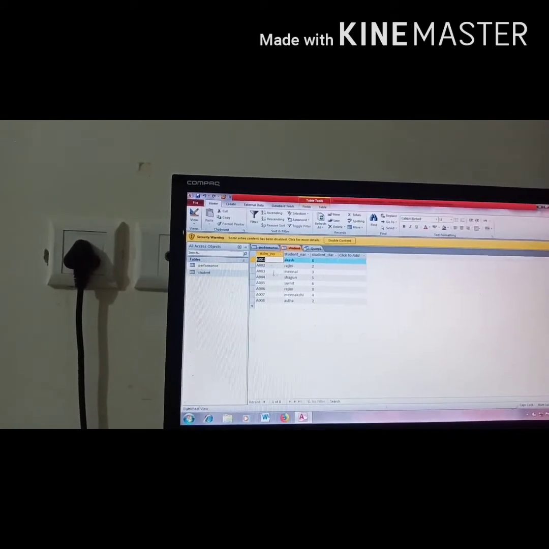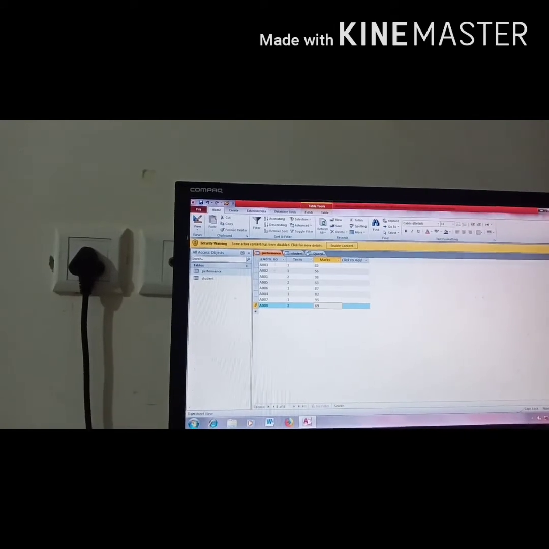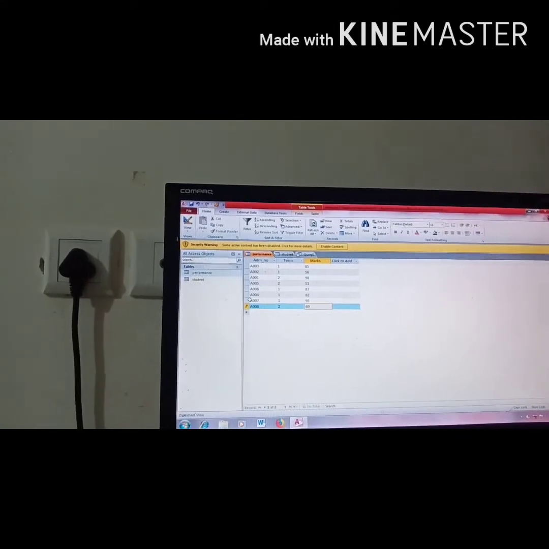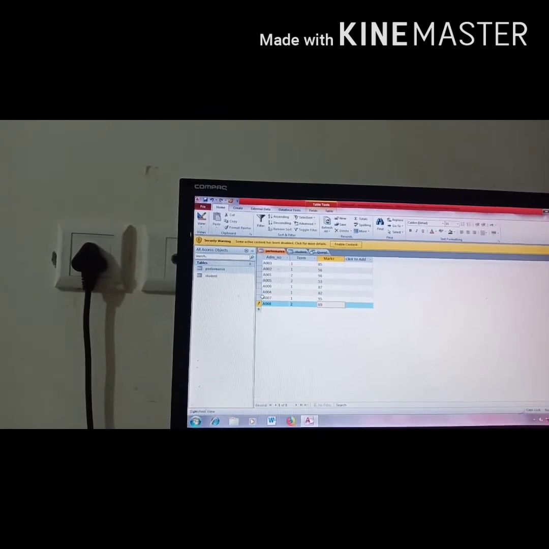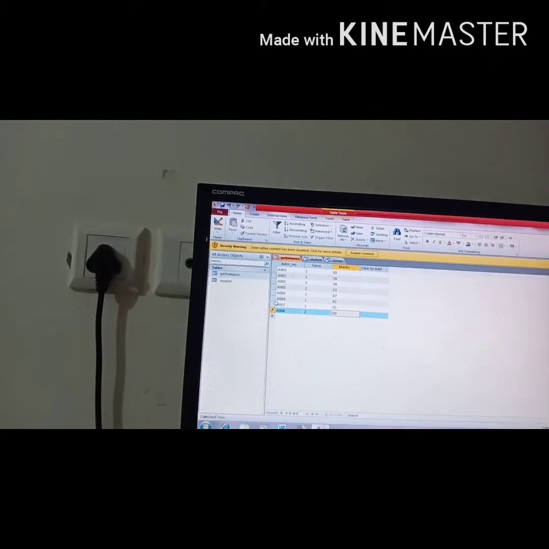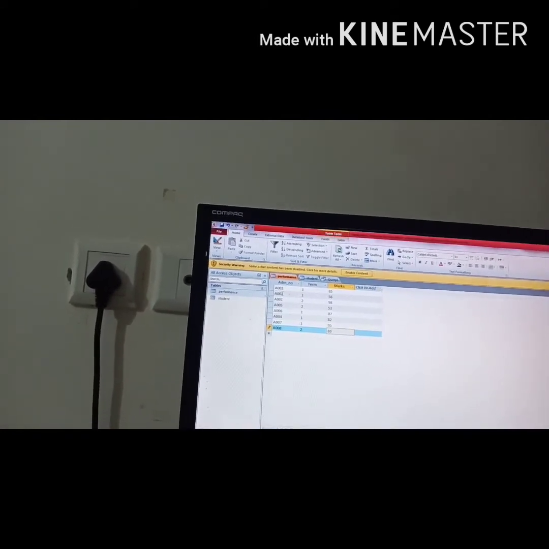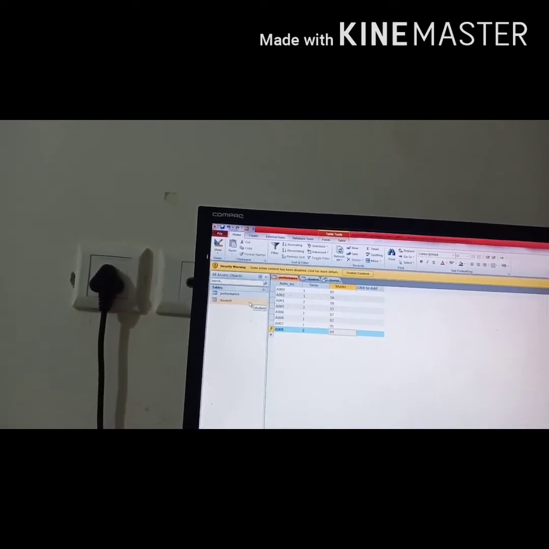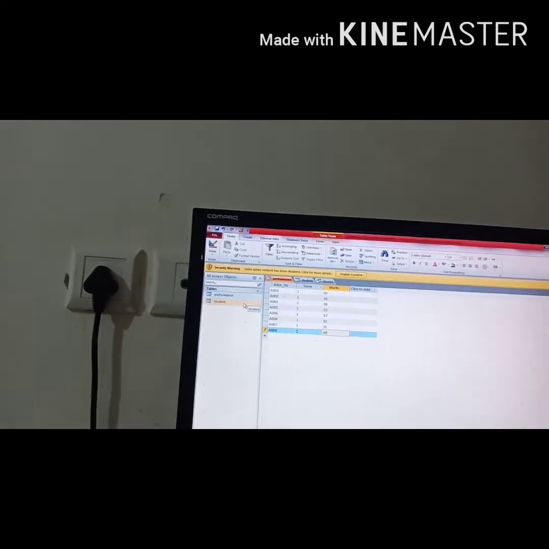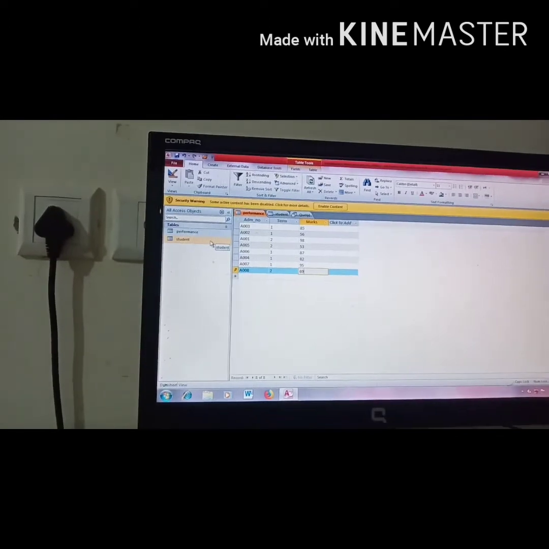In the student table, admission number works as a primary key, and in the performance table it works as a foreign key. All right, so this is the main thing that should be kept in mind while relating two tables: the primary key should be there, and the field that you are taking in one table should be the same field in the other table. Okay, now it is time to create a query.